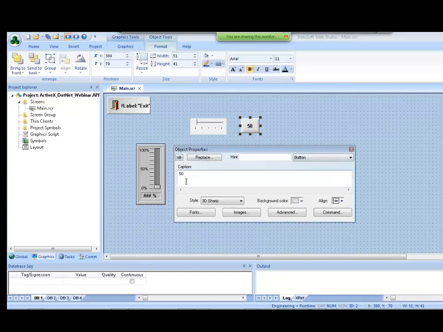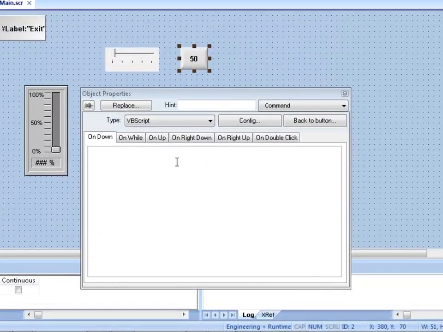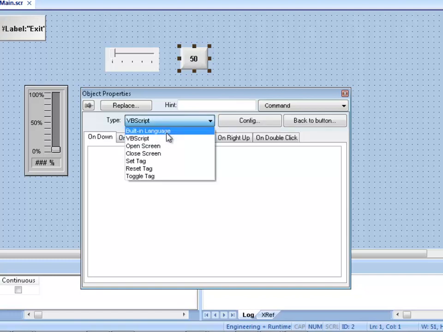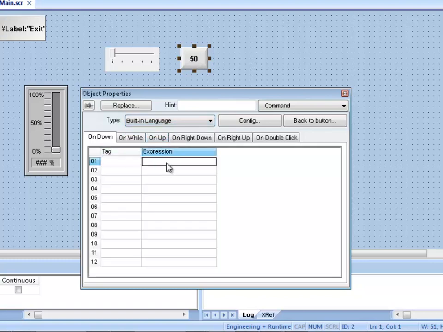Now I'm just going to put the caption on here, which is text only and it doesn't do anything, but then I'm going to apply the command animation to this, and I'm going to interact with this via the XGet, XSet, or XRun command. So what I'm going to do is, instead of using VBScript at this point, I'm going to use the built-in language, and here I'm going to choose the XSet command, and this is the built-in function in InduSoft Web Studio